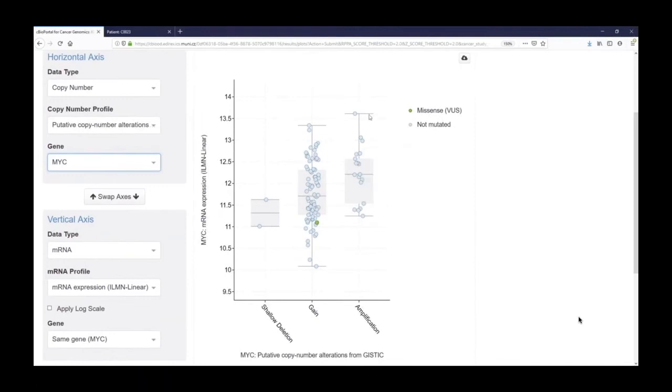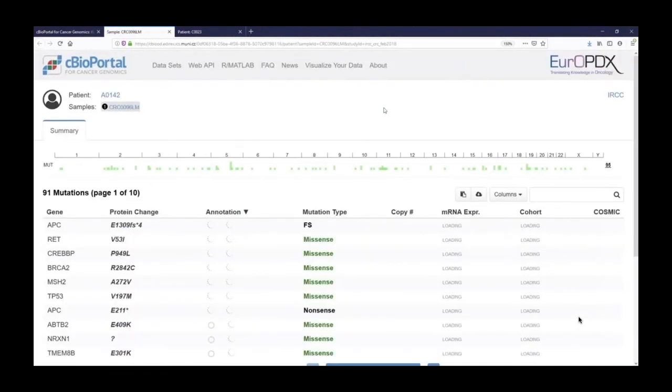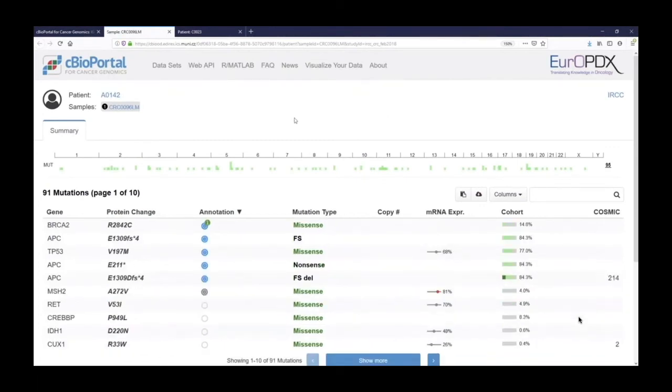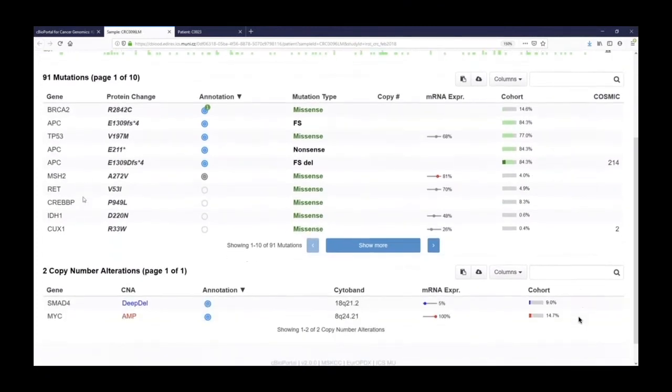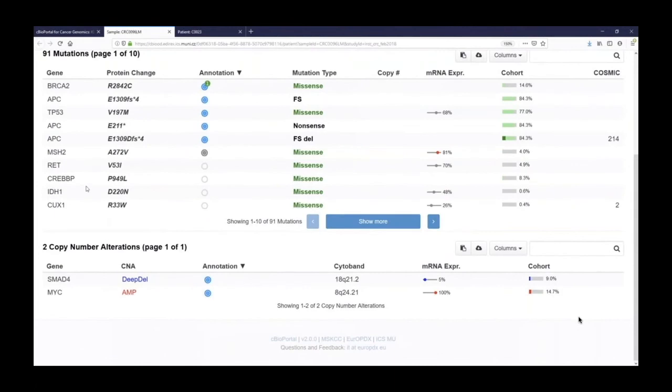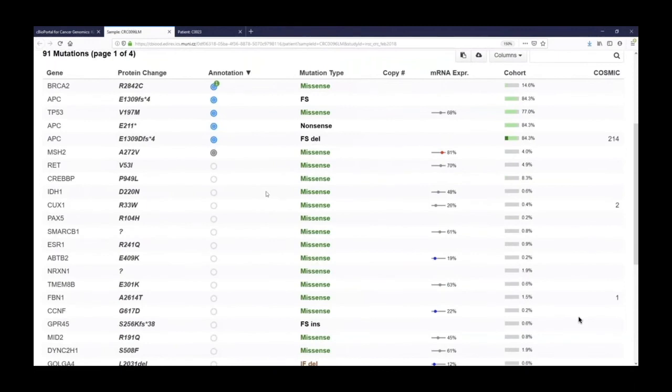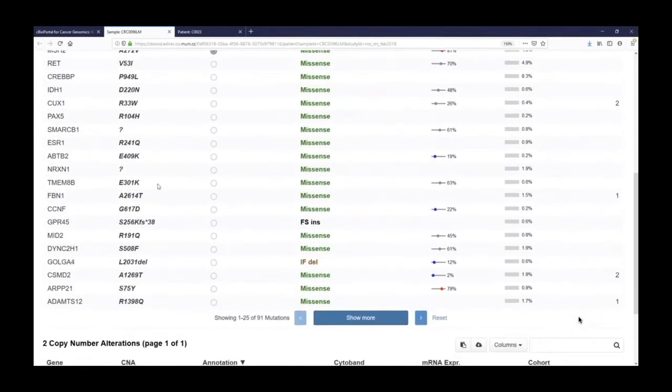This is MIC, and you can select one model of interest just by mousing over and clicking on the sample ID. And again, you open the page with all the information related to that sample. So in this case, again, this sample has a total of 92 mutations and copy number alterations, not only one, there is a second copy number alteration. Interesting is MAD4 deletion. So this model also has the TGF-beta pathway genetically inactivated, which could be maybe of interest,